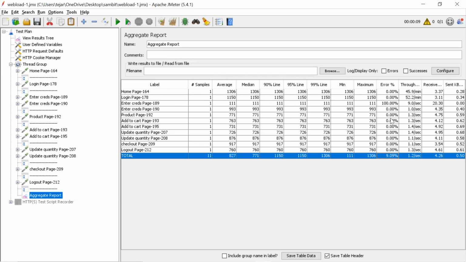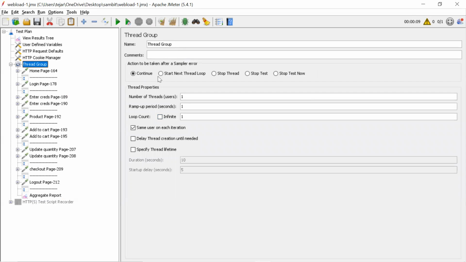Only this 9% is a real error. In those cases, whether you want to stop the script or whatever you want to execute, these options will decide. For very important things, like login failing, skip it, or a transaction failing, skip it, or the home page not loading, skip it. Whenever dependencies are there, like in banking applications, which are very important and mostly dependent on other APIs and data, we have to use those options.